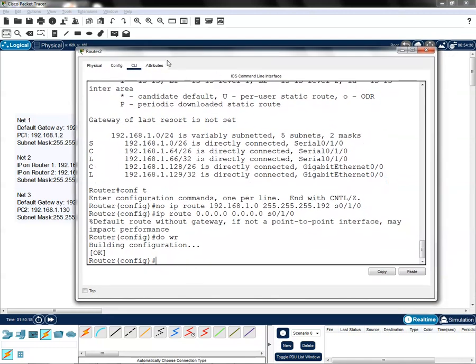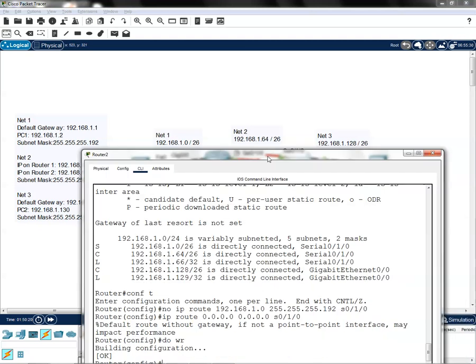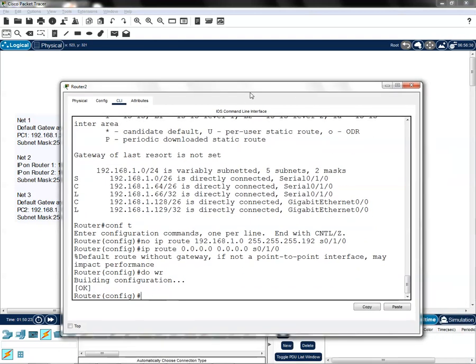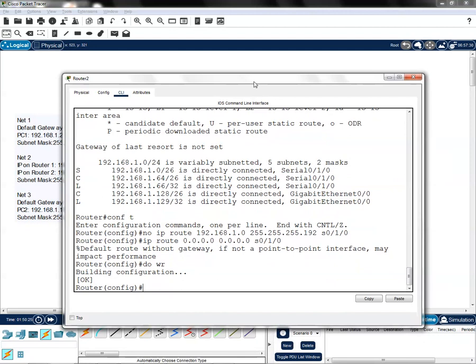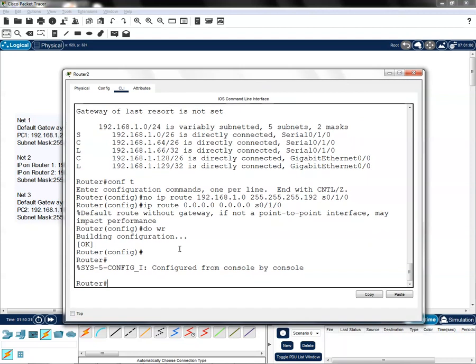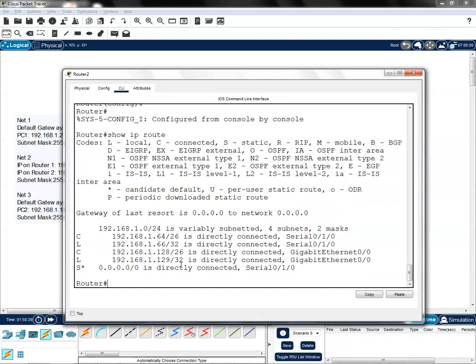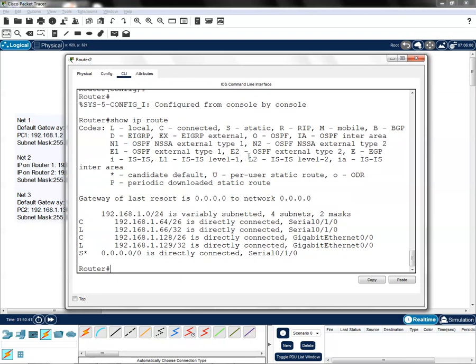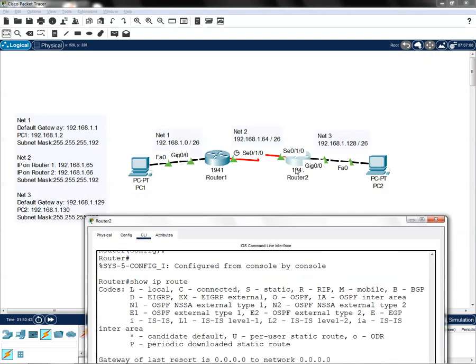On this router two. Let's view. I'll hit Control C on the keyboard to go to the... I'm sorry. There we go. So I'm on the privilege mode. I'll type here show ip route. Okay. All right. So now, since I am on router 2, I need to see the